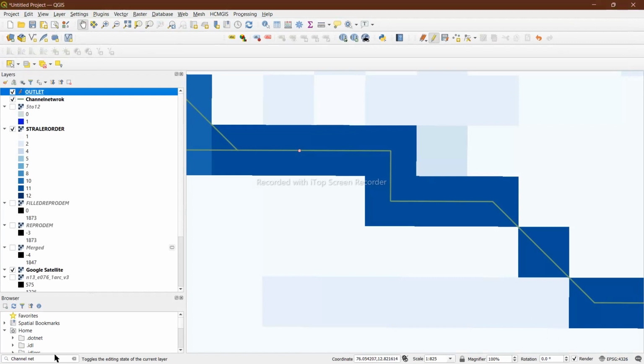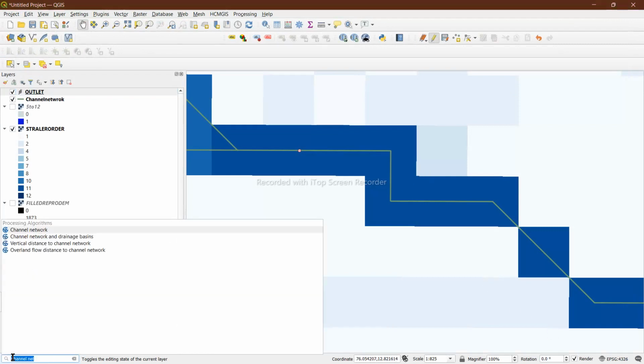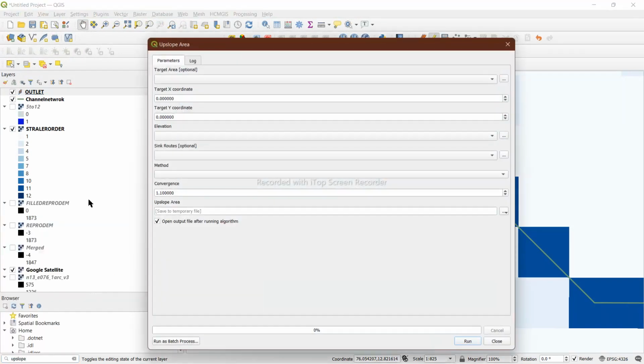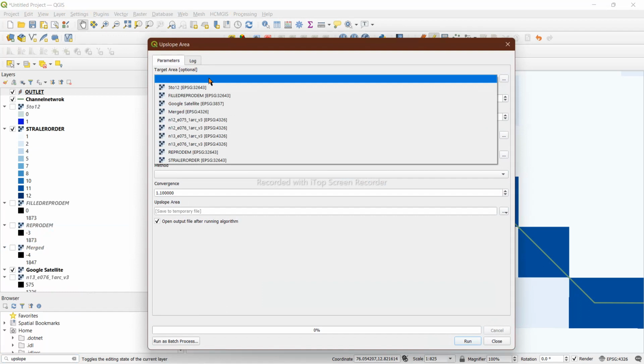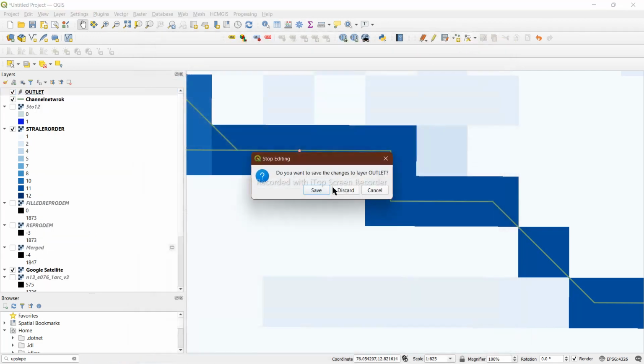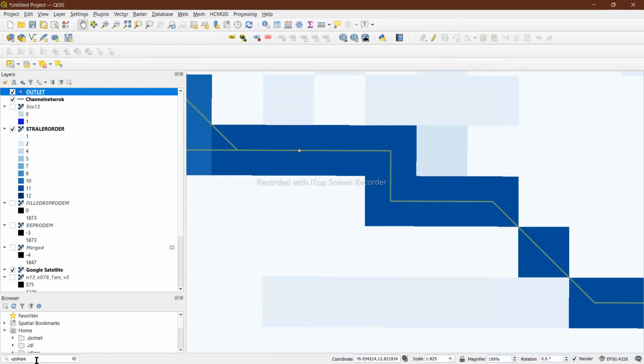Now after this you type here upslope area command. So now select this. Target area is optional. So now select this outlet point. I haven't saved this, wait a minute. So let's save it. Now I will open upslope area,